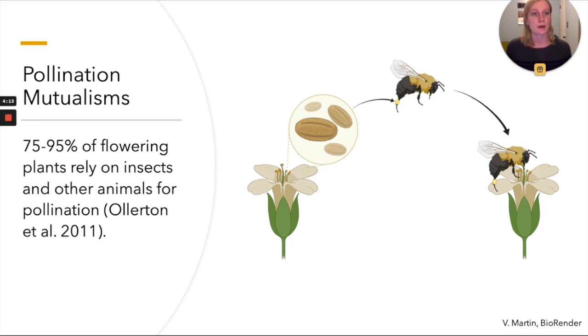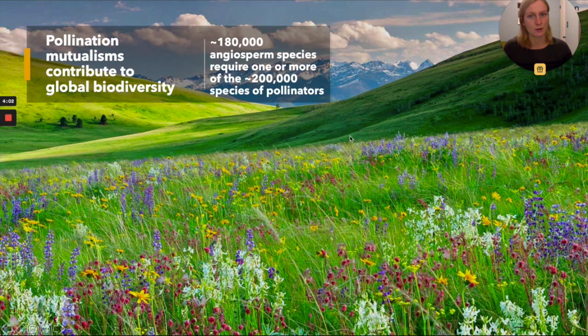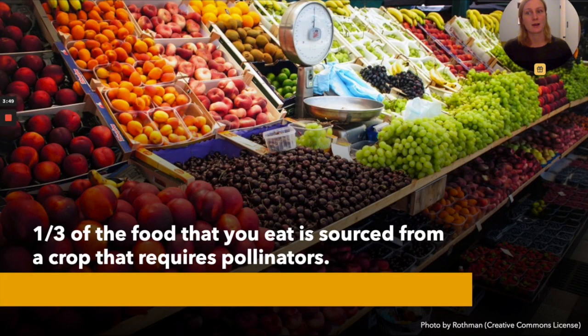A majority of flowering plants, also called angiosperms, rely on insects and other animals for pollination services. These pollination mutualisms contribute to global biodiversity, so about 180,000 angiosperm species require one or more of the 200,000 estimated species of pollinators, which is a large chunk of terrestrial biodiversity. Important for humans is that a third of the food that we eat is sourced from crops that rely on